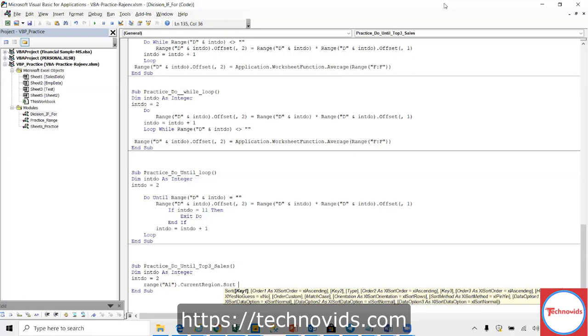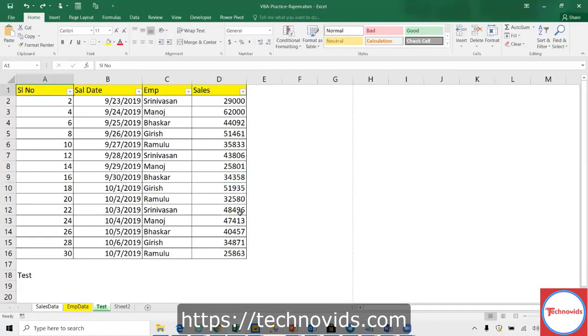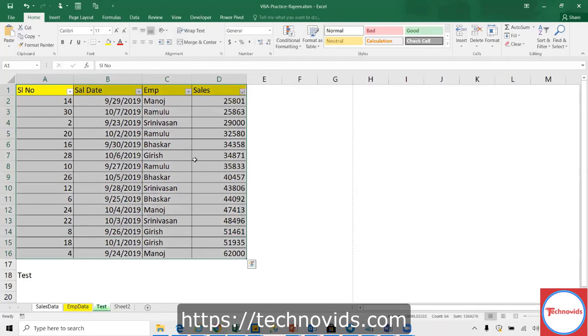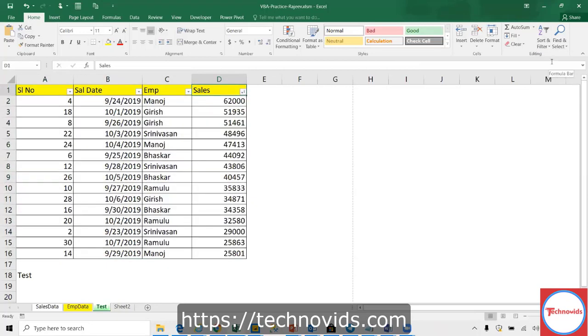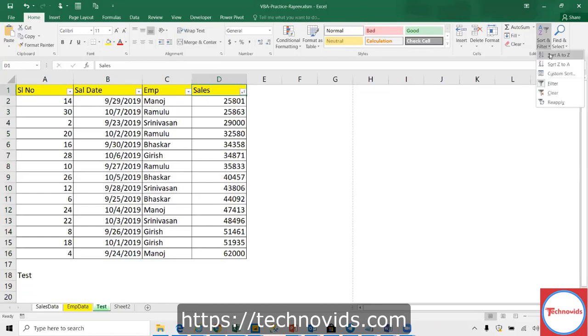So which column are you considering for the sort? I have already selected the range. Now I am going to sort by column D, right? When I do this, Excel automatically considers the whole range. You can see for a fraction of a second it's selecting the whole thing. If you observe closely, it is selecting the whole thing and doing the sort. Even though I selected D, it is selecting the whole thing. That's how it's able to do the sorting properly.